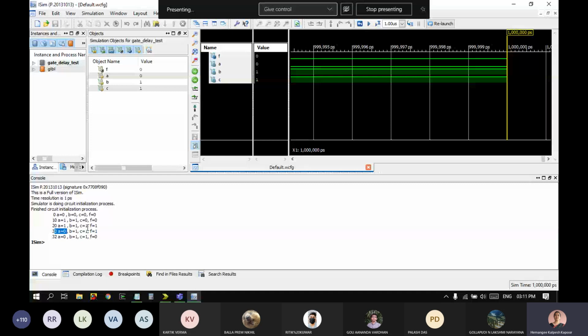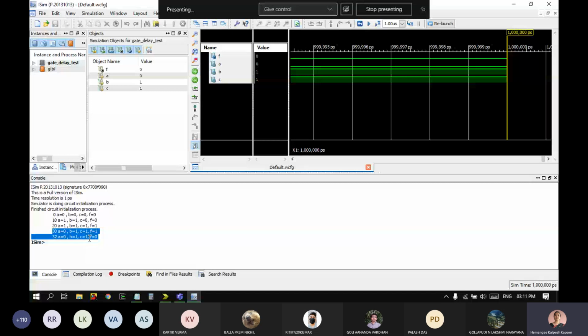It remains 1. So that signal value is already there on the wire, and nothing is changing it right now. But what happens once A is made 0? A and B are getting ANDed, and it takes 2 nanoseconds, or 2 units of time, for it to have an effect. So after 2 units of time, the output of A and B becomes 0. And now when the 0 is ANDed with C equal to 1, it results in F becoming 0. So the monitor statement has shown us two outputs for the instant 30. Earlier we only had one line. Right now we have two, because F changed.